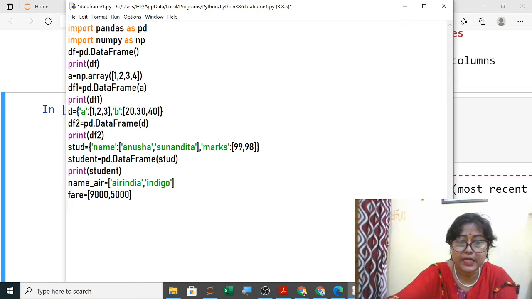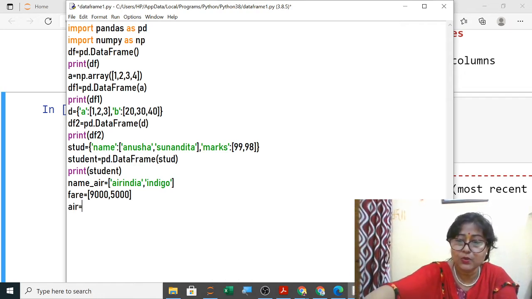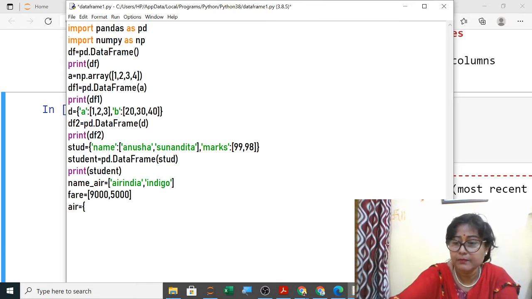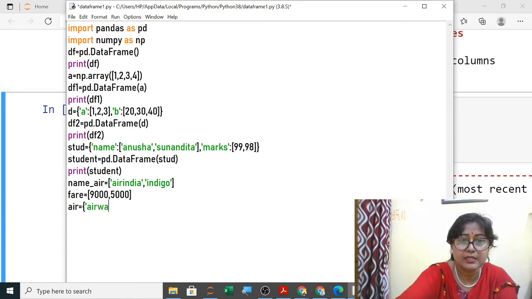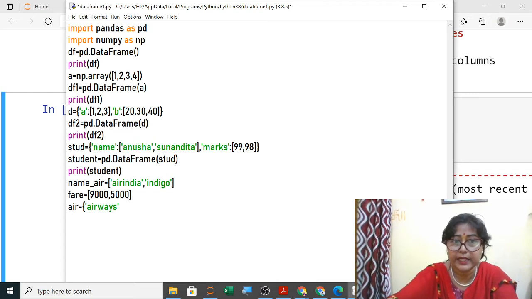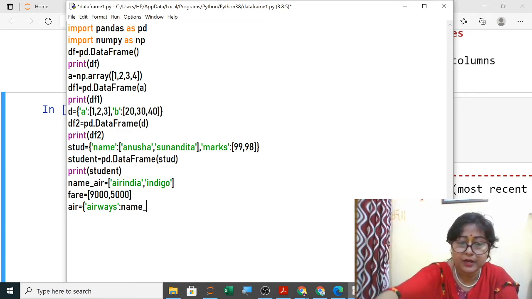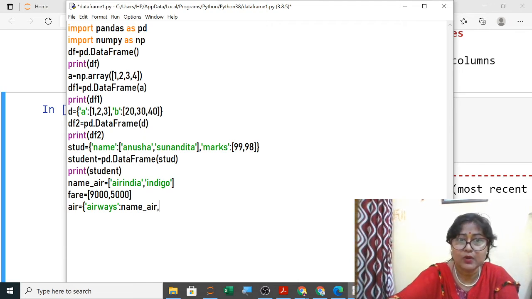Now you are creating a dictionary in which you are storing this list. So heading will be Airways name. So the heading I am giving is Airways, in which I will store this data. So what you have to do is write the name of the list here, name underscore air, comma, then the next one is your fare.